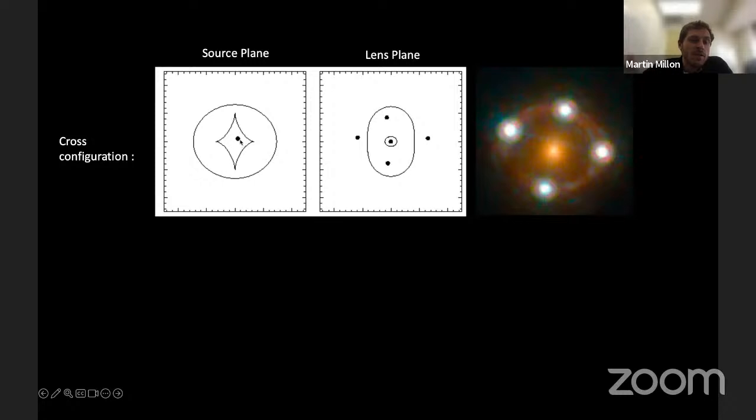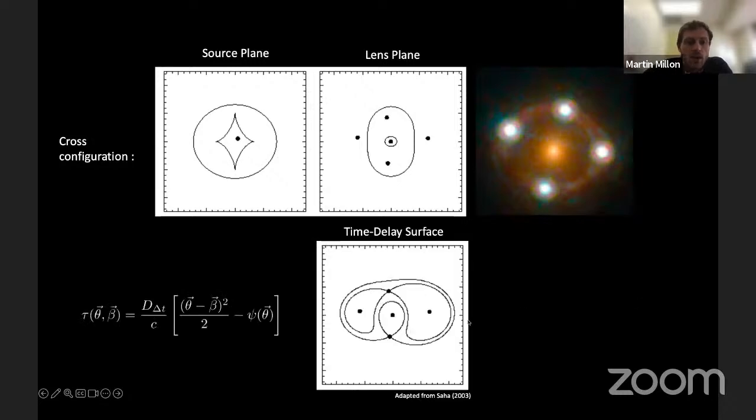If I place my quasar in the middle of the caustic, so the caustic is this asteroid here, and this is a line of infinite magnification. So the caustics are the maps in the lens plane of the critical line. If I'm placing my source inside the caustic, I'm forming this beautiful cross configuration, and I can plot the arrival time of the photons, and given this arrival time, I can immediately predict where the images will